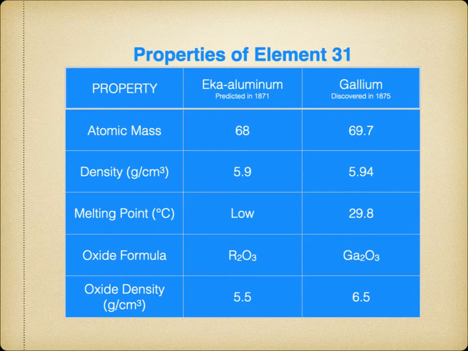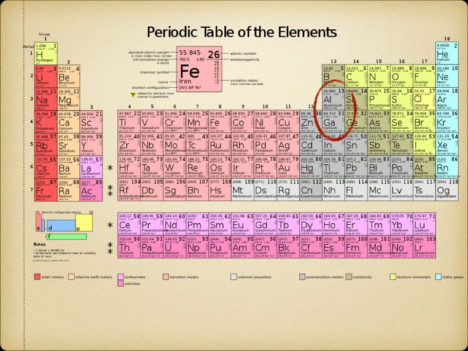Melting point, we just talked about melting point. The chemical structure of the oxide, he was right on and got pretty darn close to even the density of that oxide. So he predicted the properties of a compound with an element that had not yet been discovered. This is a pretty phenomenal set of discoveries here. If you look on the periodic table, right, gallium is right below aluminum, hence its terminology as Eka aluminum.